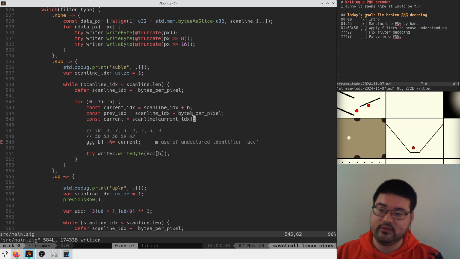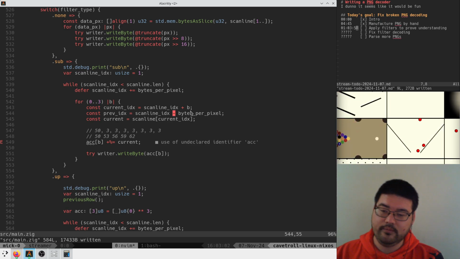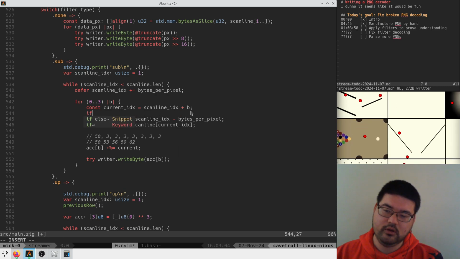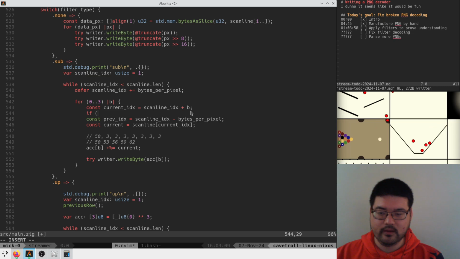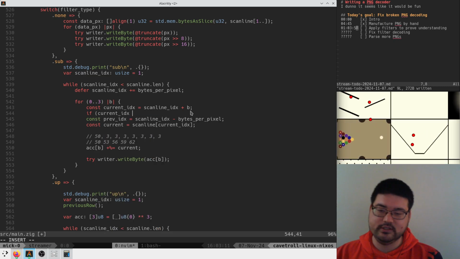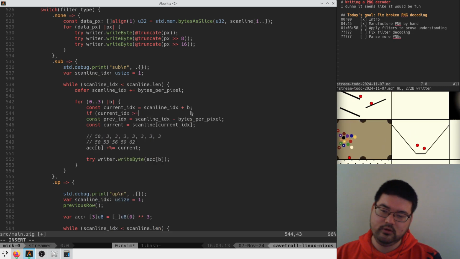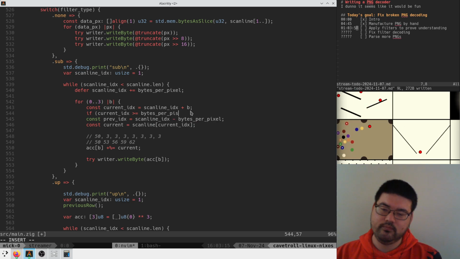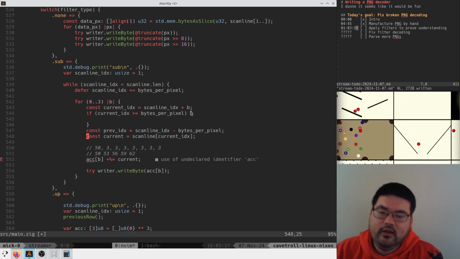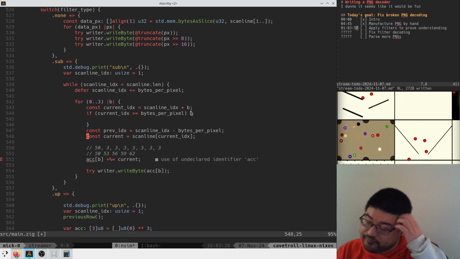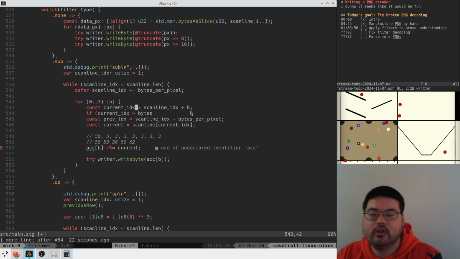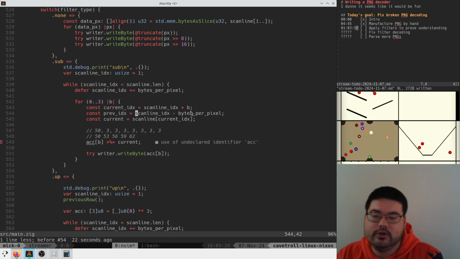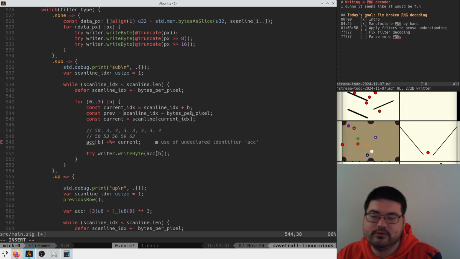And then we say that here we have to be careful. How do we do this? Current IDX is greater than bytes per pixel. Here we're going to have to... no, I guess it's fine. We do prev is equal to,